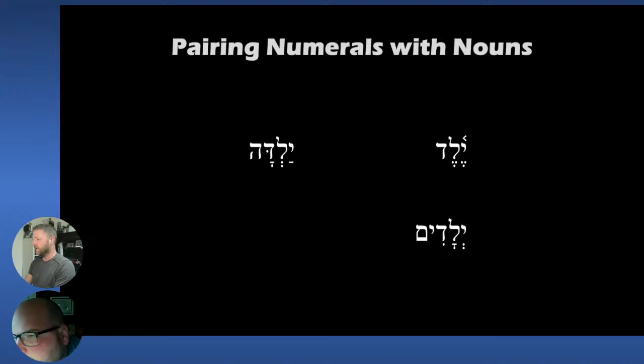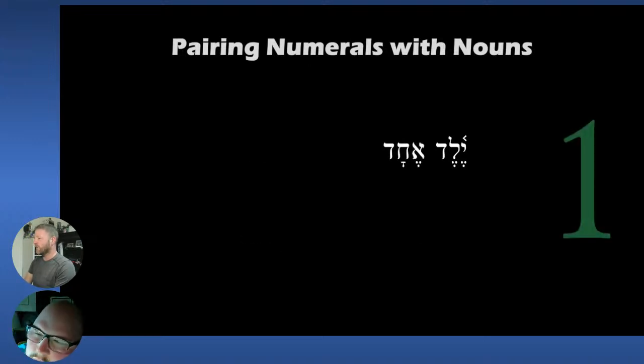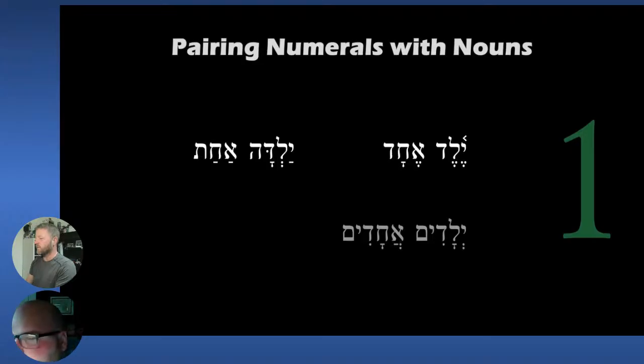Plural is yeladim and yeladot. Okay, so when we count one of them, we're going to say yeled echad. For some reason, the number 1 normally follows. So if we say yeled echad, how do we say one girl? Yalda achat. Now, this is something weird about Hebrew, is that we have also achad or echad that